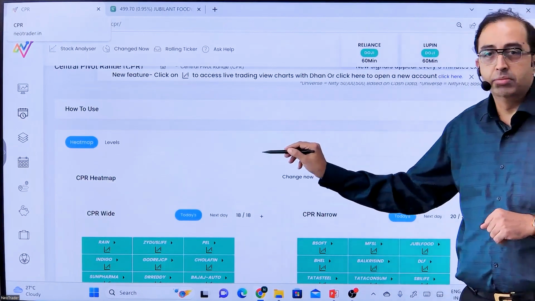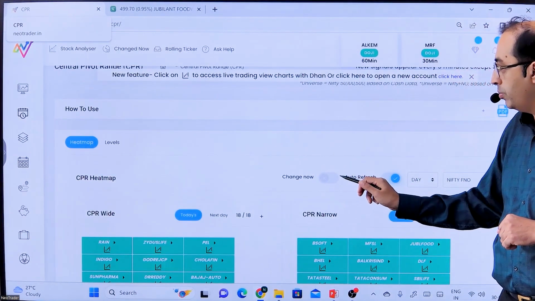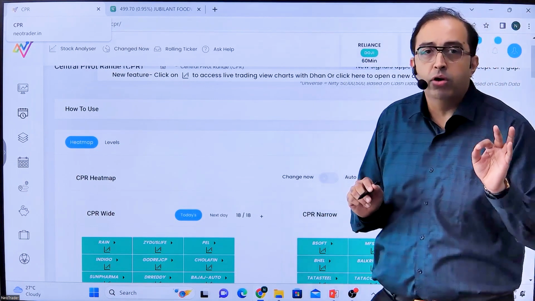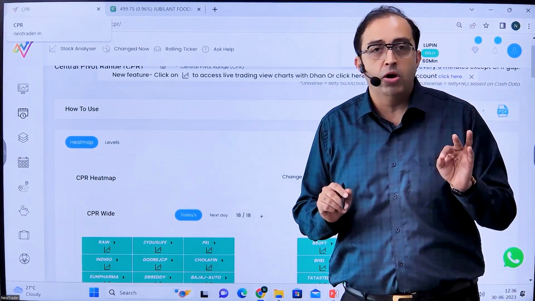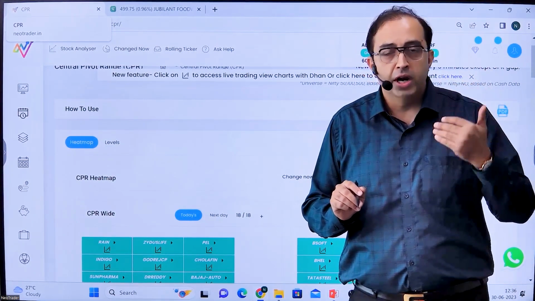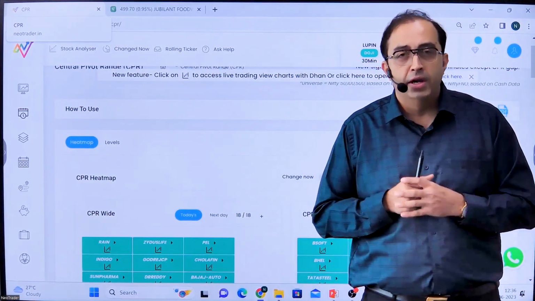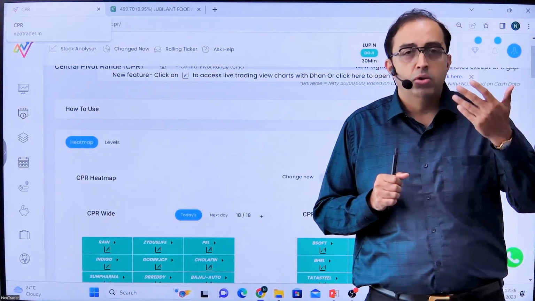What stock is moving? You can see here there is an option. The auto refresh option will always be on, right? It will be on through the day. All right. This is significant only for the intraday players, because that is how you will know if there is